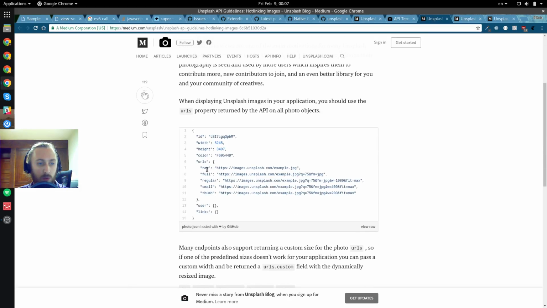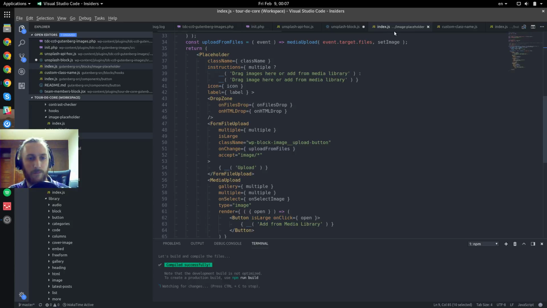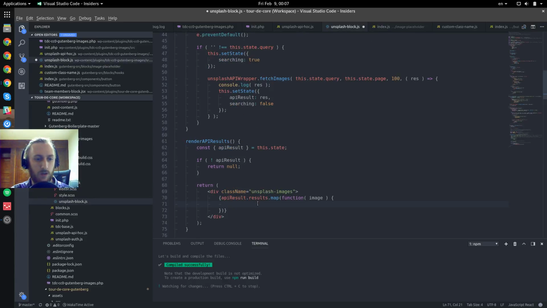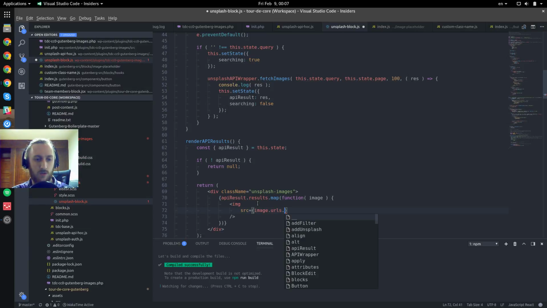We have to use small. I think small. Okay, or maybe even no. Width, height. Yeah, let's use small. Okay. And so in here, I think all I'm going to do really is just load a native image and say source is image urls small,